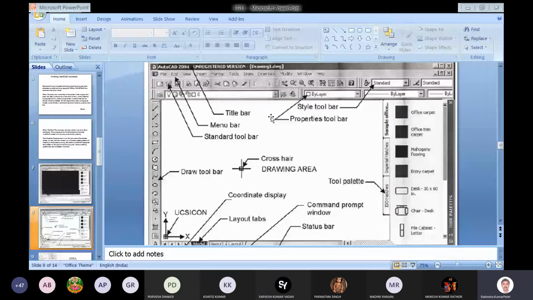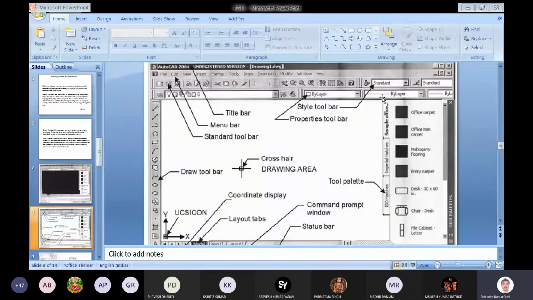And here there is a menu bar where various things are shown, which we can use later on. And the properties toolbar, where we can change the property of any line from here, by layer and by color, the second one from where you can change the color of the line.